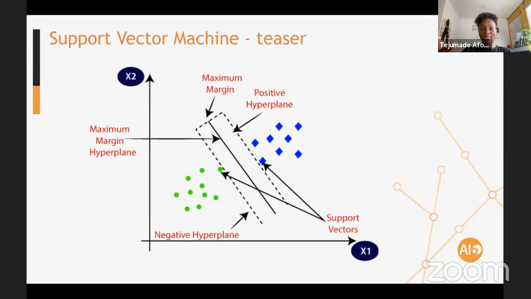In this toy example, you have your class green and your class blue, and your best hyperplane would be the one that has the widest margin between these two classes. If you use sklearn, the popular module that has all of these machine learning algorithms, you would see that a support vector machine has a parameter for kernels, and you can choose the kernel that you want to use. We'll see a little bit of that in the lab later today.